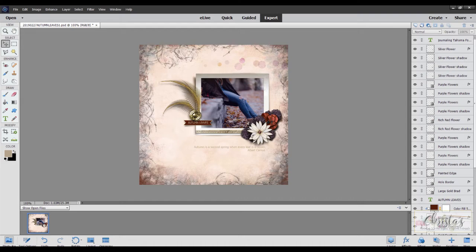Hi, it's Kristen. Today I'm going to be showing you how to make realistic shadows in Photoshop Elements for your digital scrapbook pages. The object here is to have your shadows look a little bit more realistic, sort of like